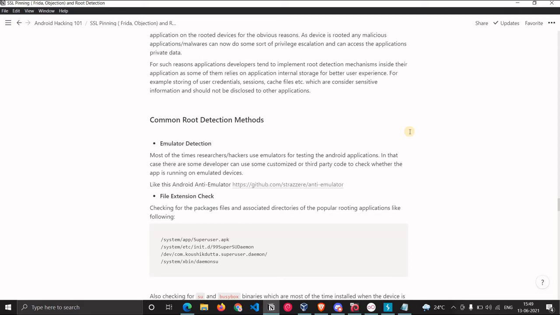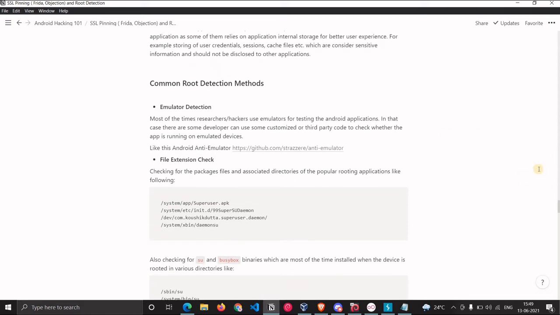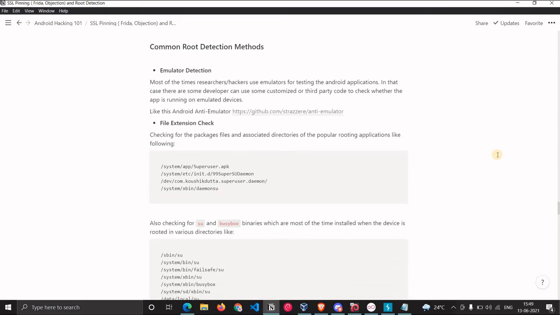If they are, then they will not run that particular application, or they will just close that particular process. In that case the developer can use some customized code to check whether they are running on emulated devices.